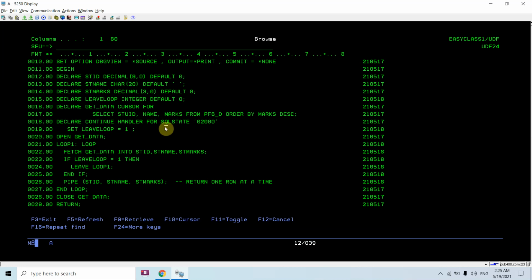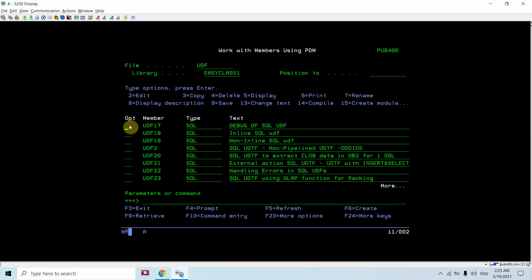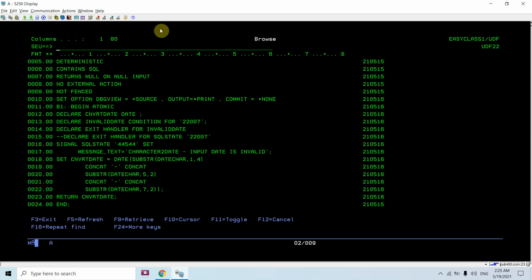Whenever we are declaring these things, for example I am declaring a continue handler. Let me show you this one. Continue handler for invalid date. There can be multiple conditions.